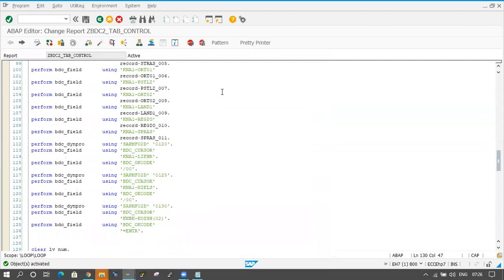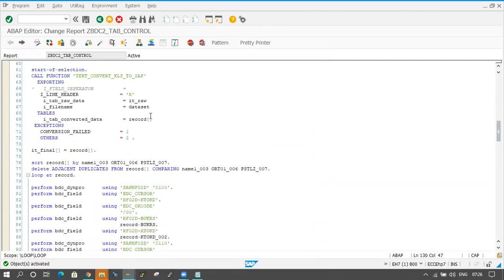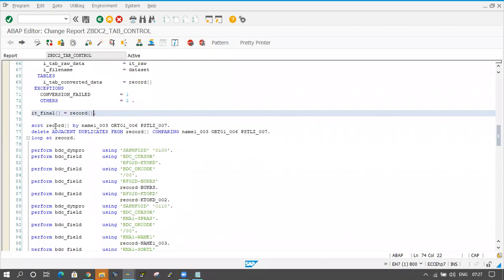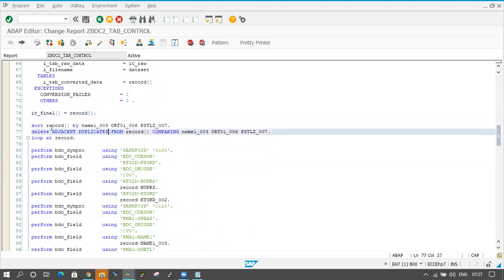So what I'm doing here, I'm getting the data into record, and after that I am passing the data to IT panel. I am passing the data to one more internal table, and here I am sorting the data. I'm sorting the data in the record by name1, customer name and city, and postal code. By using these three fields, I am sorting the data and I am removing the duplicates.